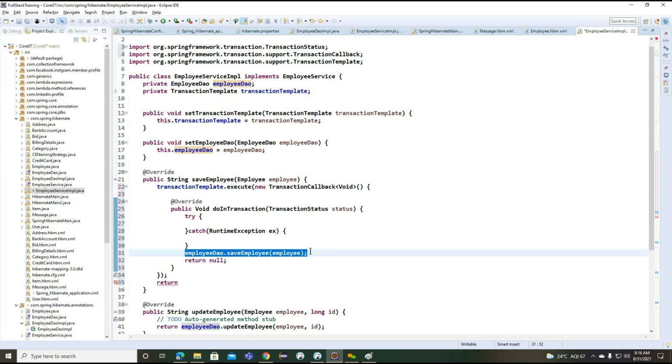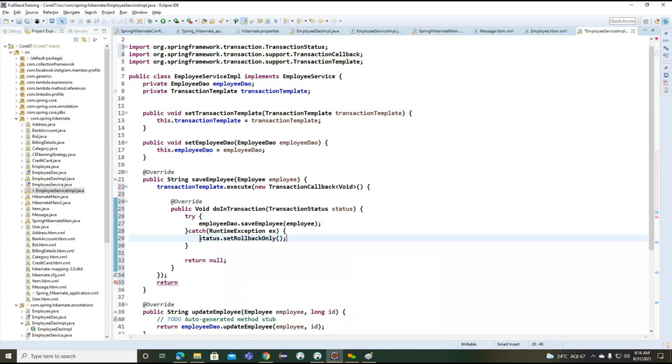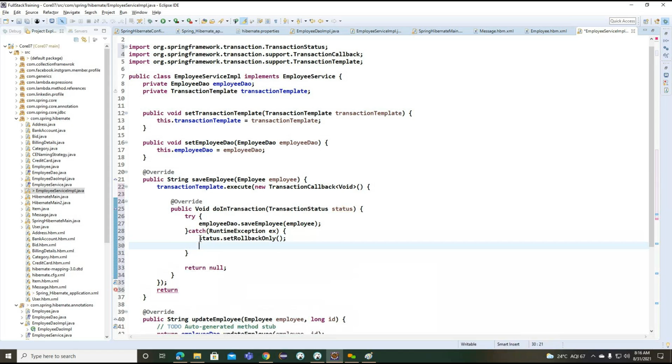While saving this, if we get any exception, we'll roll back the transaction. Set rollback only. And we'll throw an exception also.